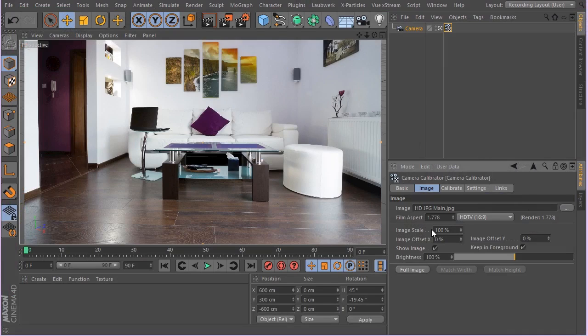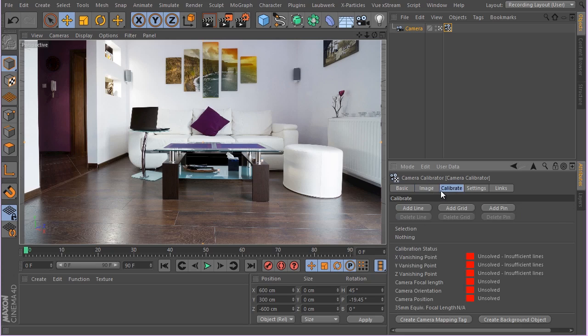Now you have some options here like image scale, like the ability to offset your image, and adjusting the brightness. So really simple stuff here. And the most important tab here is the calibrate. Now here you need to define different lines, and the ultimate goal here is to turn all of these red